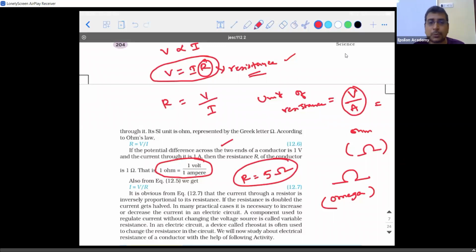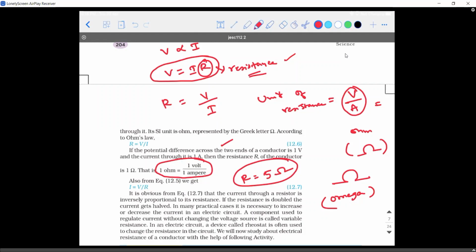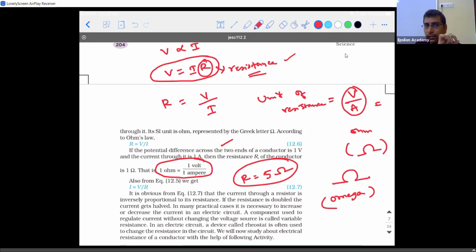Yeah, resistance is a property exhibited by a material to oppose the flow of electrons. Now comes an important question. Is it only going to oppose or completely stop the flow of electrons? It only opposes. In the sense, the speed will decrease. If the electrons are moving with a certain speed, resistance is like a speed breaker, which will try to decrease the speed, but it will not completely stop it. Right? So have this in your mind.